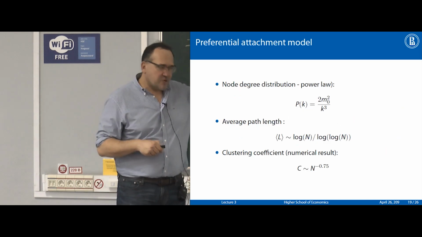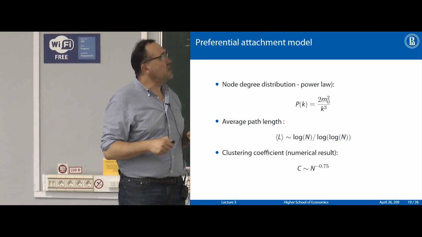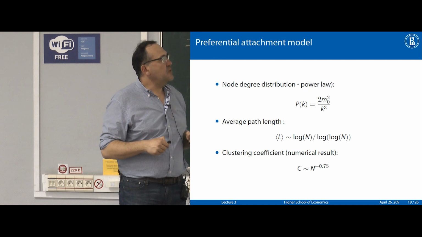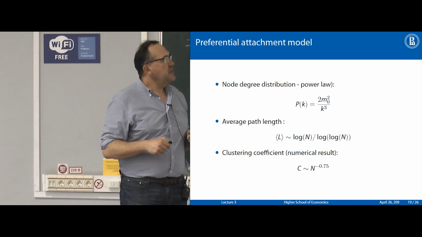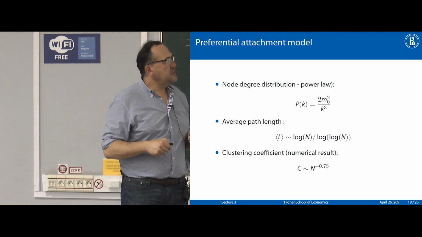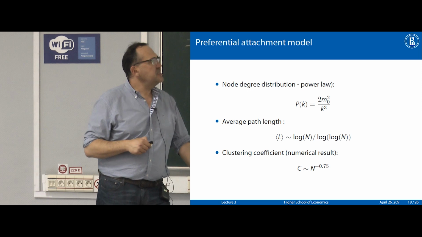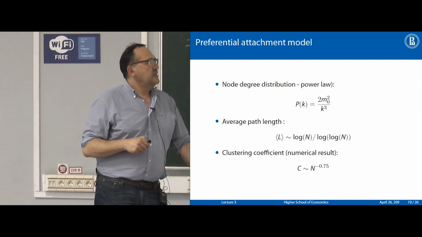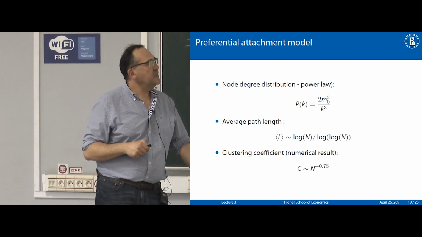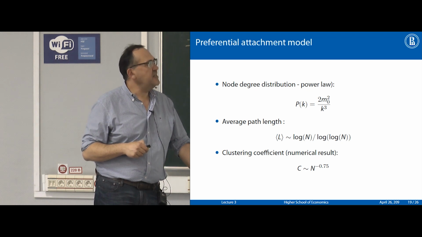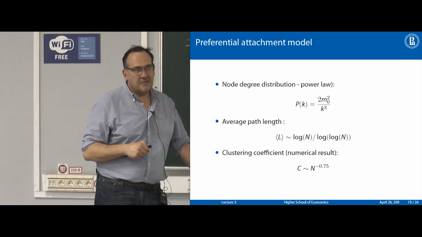Going back to major properties, as I said before, the degree distribution is a power law here. The probability that a node has degree k is inversely proportional to k cubed. So what that means is, if you want the probability that a node has degree 2, it is going to be whatever the constant is divided by 2 to the third power, which is 8, right? 1/8. The probability that a node has degree 10 is whatever the constant is divided by 10 cubed,